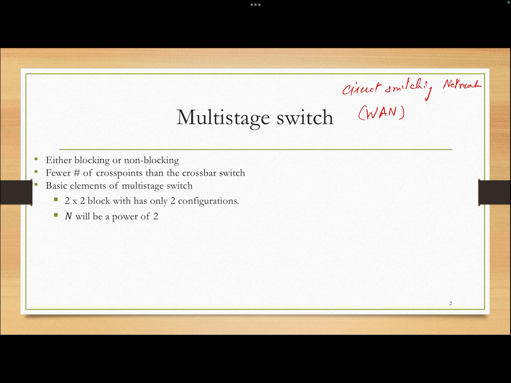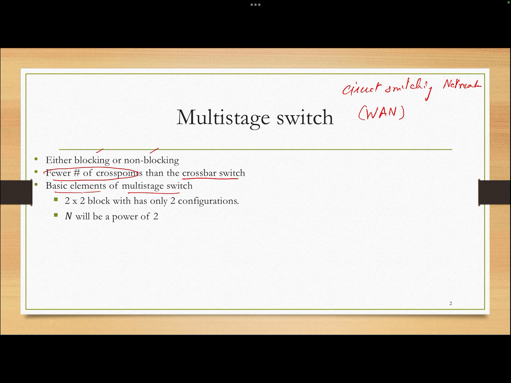The multi-stage switch is more efficient than the crossbar switch because it uses fewer cross points. It can be either a blocking or non-blocking switch. And the basic element of the multi-stage switch, think of this as Lego. You use many small Lego blocks connected to each other to make a bigger